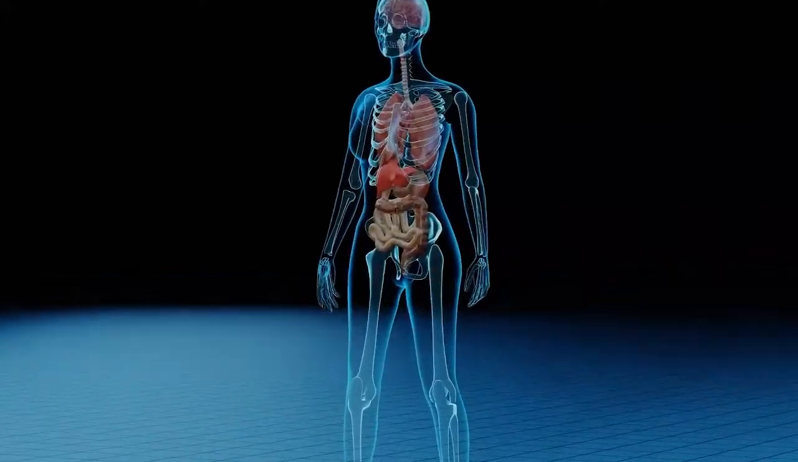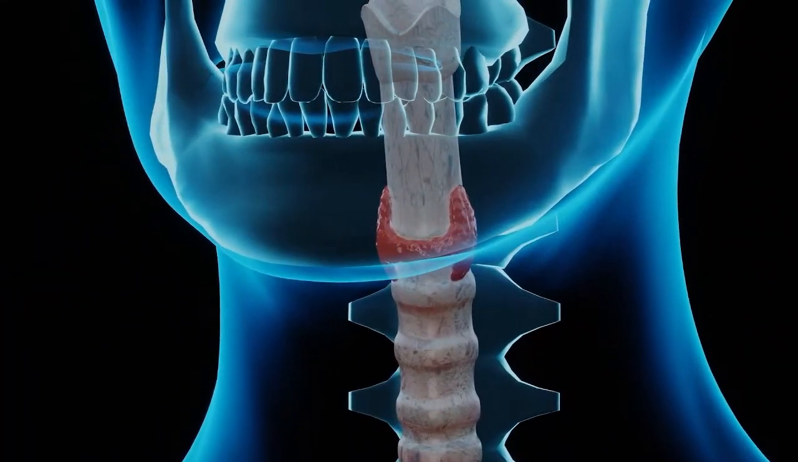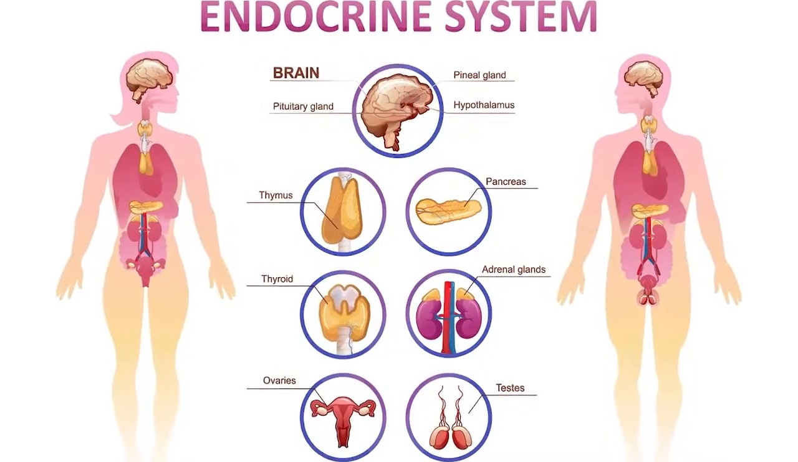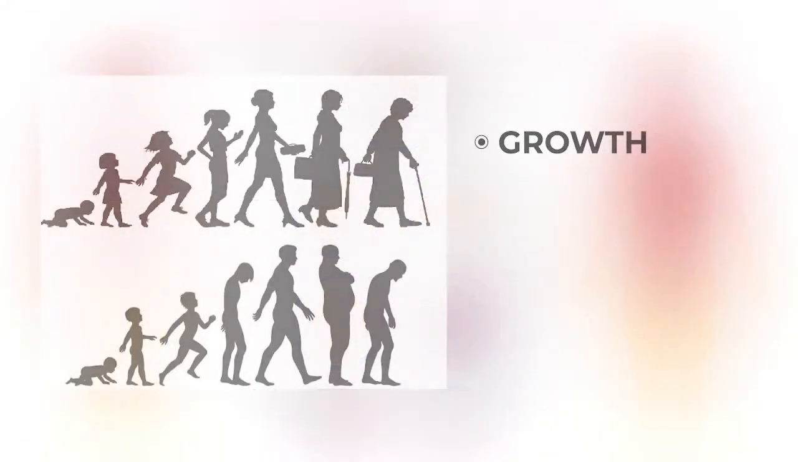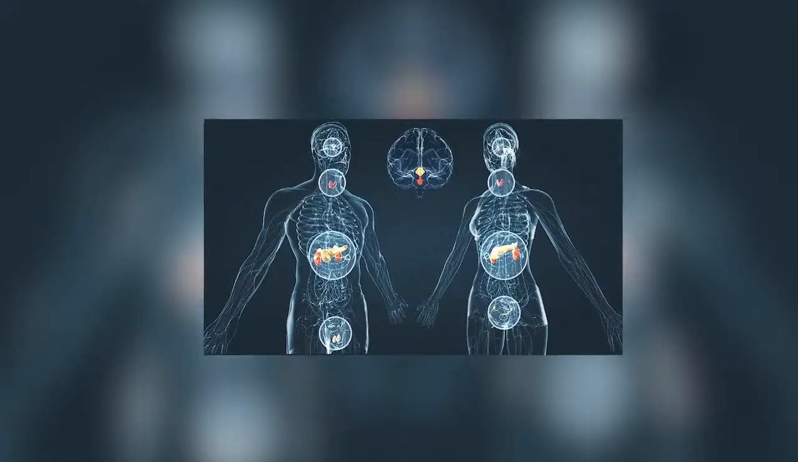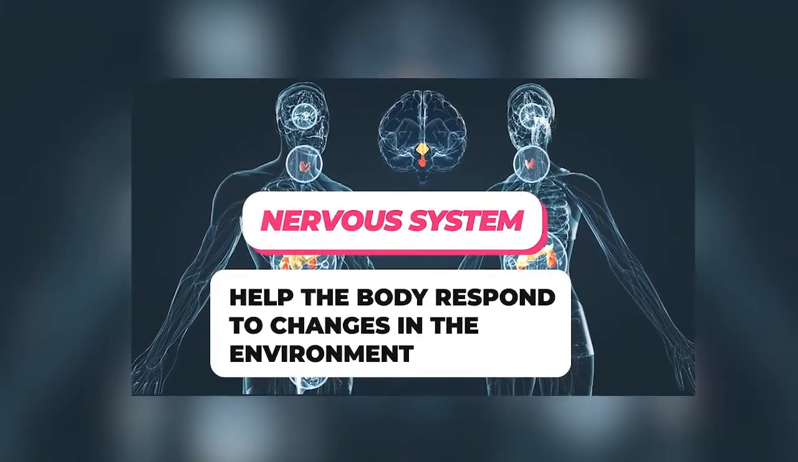In this video, we will talk about the endocrine system and its role in the formation of the human body. The endocrine system is a complex network of glands and hormones that regulate various bodily functions, including growth, development, metabolism, and reproduction. The endocrine system works closely with the nervous system to help the body respond to changes in the